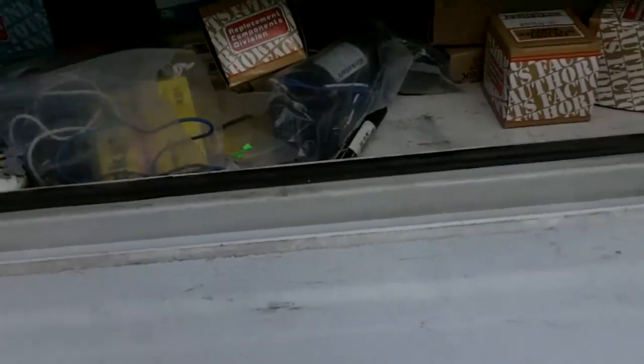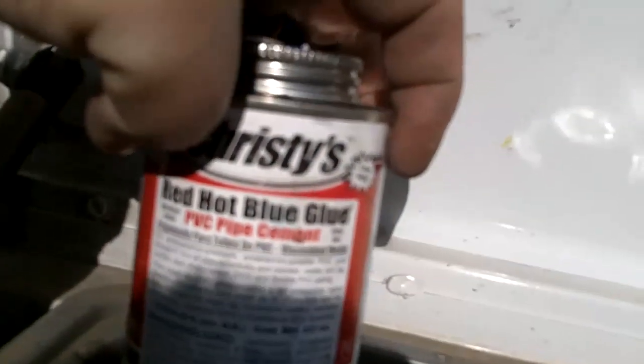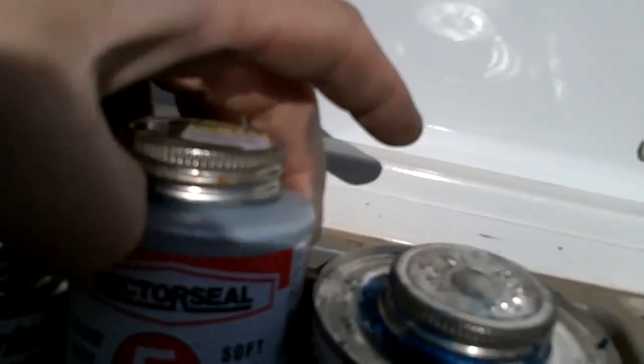for furnaces in the attic. I don't put them in basements. My main concern is I don't want an attic falling in. Whoops, let me pop the top here. Got my glues, PVC glue. This is a Christy's Red Hot. This is a primer and a glue. I got my pipe dope,